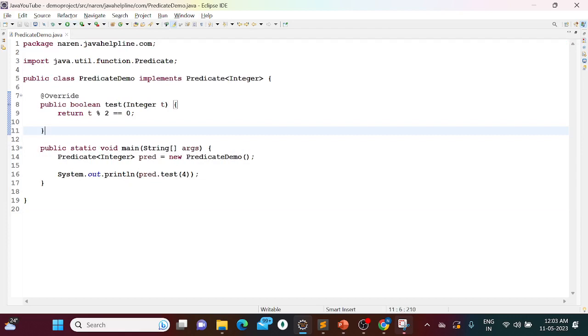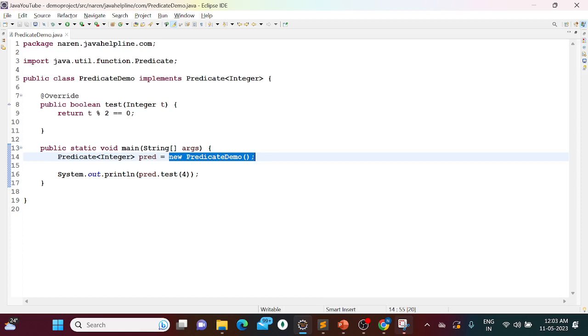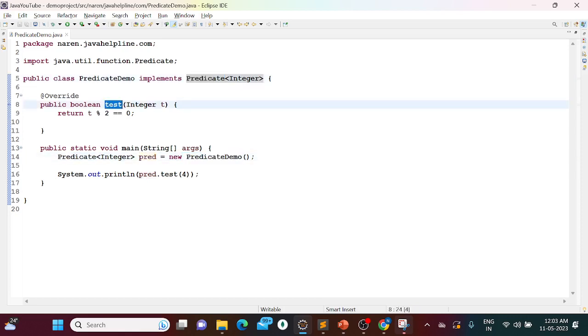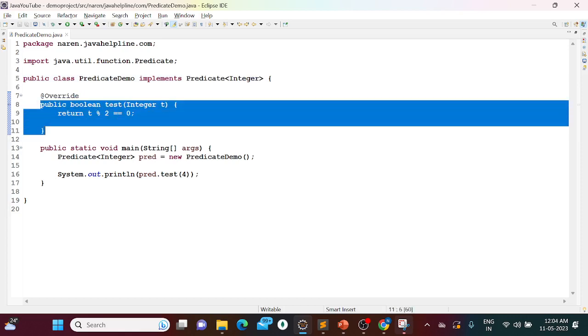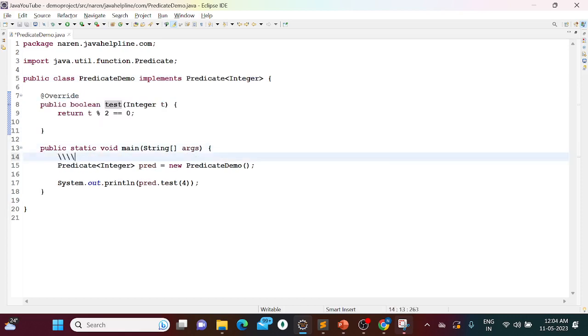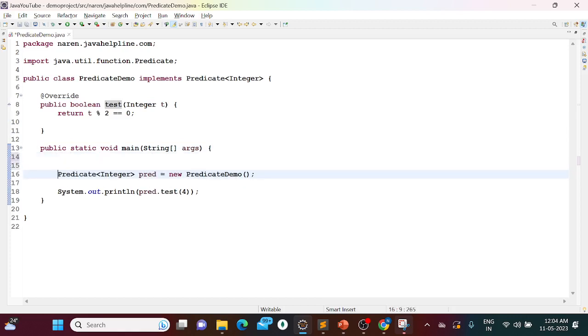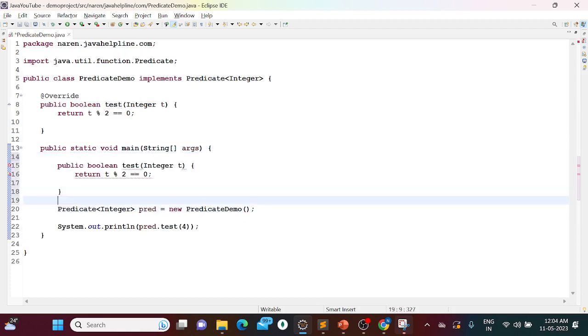So instead of passing this object and calling test through the object, to this reference, by using lambda expressions, I will pass the predicate's test method implementation. How will we do that? Let's see. We will remove the predicate type and the method, everything. Let's convert to a lambda expression. Because it is already defined, I will remove the method name